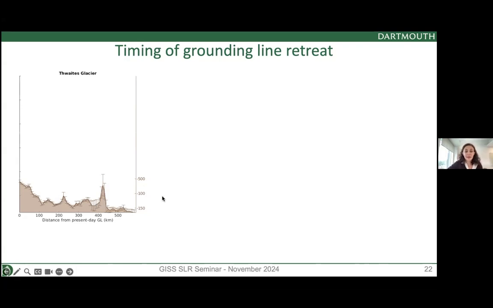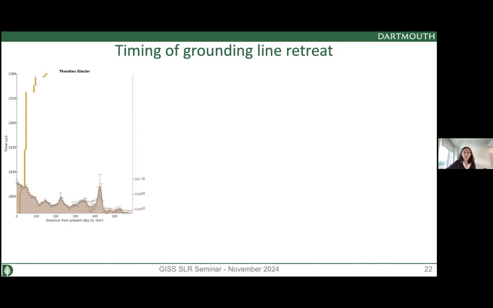And then we can look at how the grounding line is retreating in our simulations. So here on the vertical y-axis, we're going to have the time from the beginning of the simulation at the bottom, 2015, all the way to 2300. And so if you have a vertical line like this, that shows that the grounding line is in the same position all the time, so nothing is retreating. If on the other hand, you have a horizontal line, it shows an infinitely fast retreat where the grounding line just has a runaway behavior.